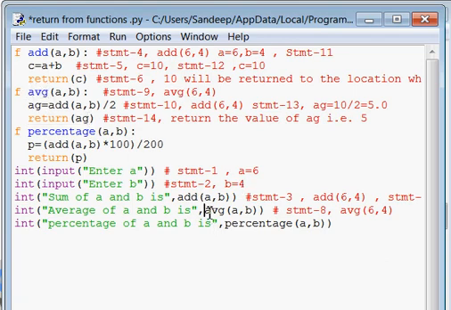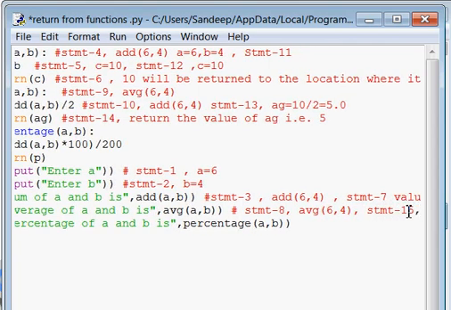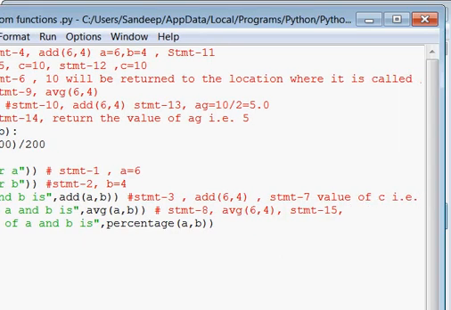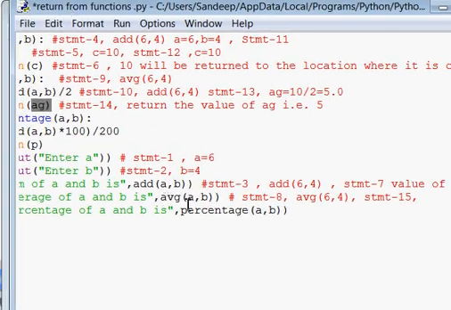So the AVG function is called here. So the next statement, means your control is coming back to statement 15, and what will happen here, the value of AG will be returning to this situation.